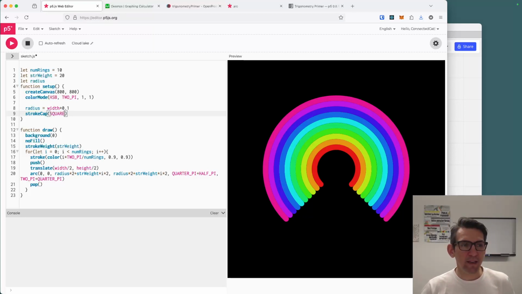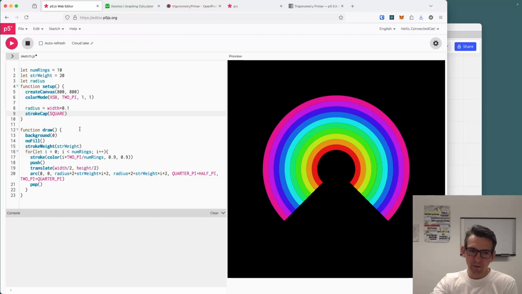Square. Okay, so this is gonna give me a square cap. All right, so we drew our arcs. They're running. So now we need to rotate them. We need to rotate them in an oscillating manner. So they go like,